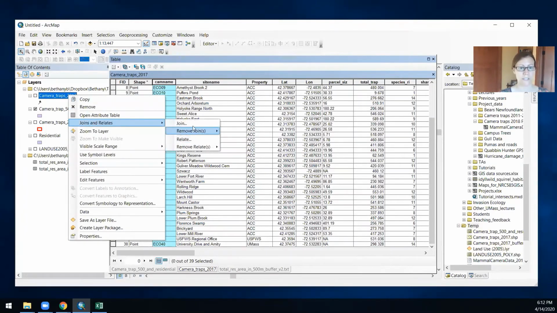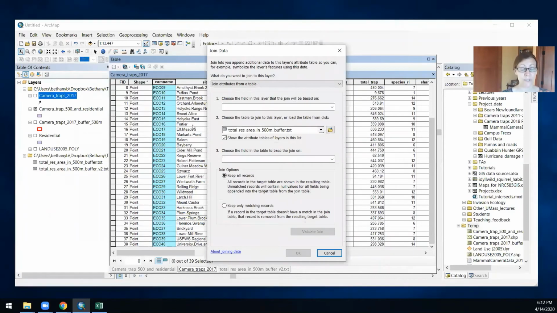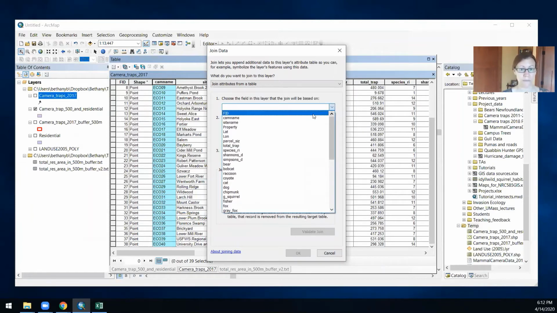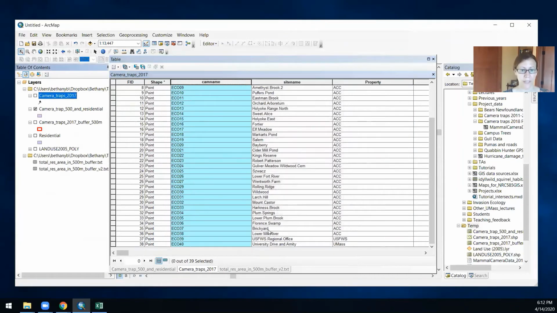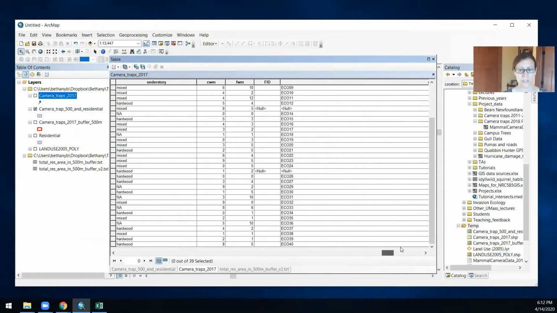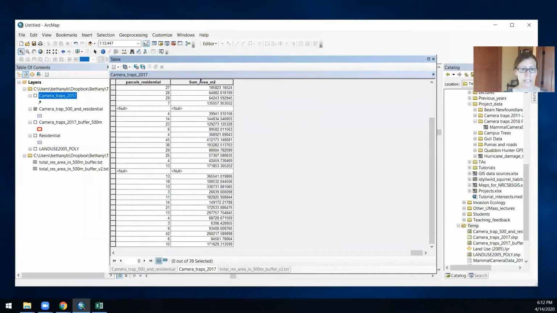That's our handy join. If you guys remember, these are using tools that you learned back in Lab 2, but hey, just because it was Lab 2 doesn't mean they aren't really useful tools. We're going to use camera name, version 2, and camera name is in there again. And so now once that's joined in here, we should see that the total area in square meters is in